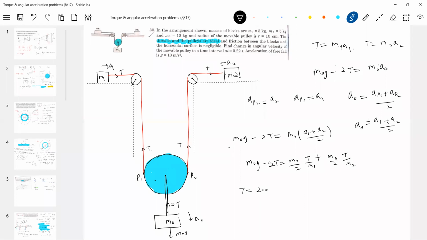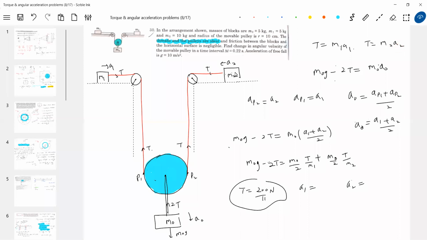I calculated it, so I'll end up with this. You can check the calculation later. So this is the tension. After getting the tension, we'll get A1 and A2. Okay, this is all fine; like this we can work it out. Such numericals are there even in most of the books. But how to get the angular velocity? From where should that angular velocity be brought? After getting this tension, I'm going to substitute in these equations and I'll get A1 and A2.